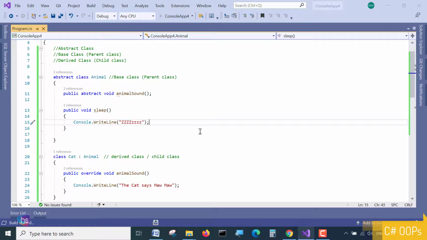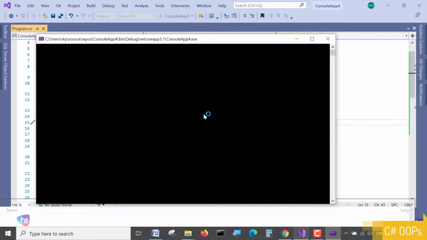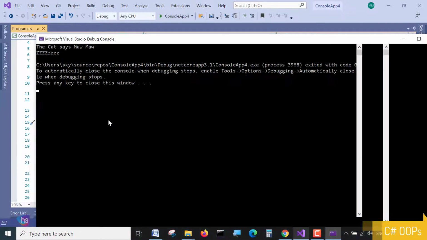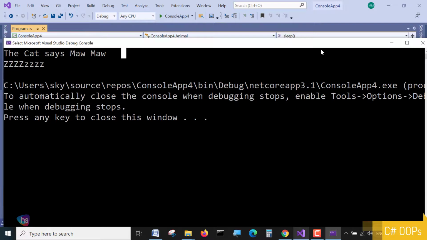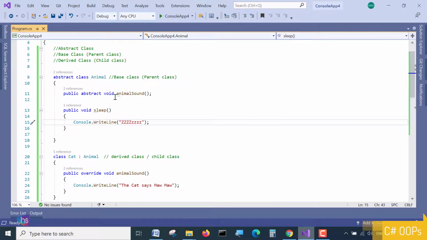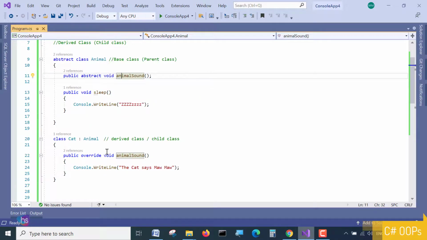We'll see whether we are able to access the AnimalSound method or not. Yes, the cat says meow meow; we are getting it by calling the abstract method, and the local Sleep method also. When I'm calling this abstract method, it is inherited from here into the Cat class, and it gets called.